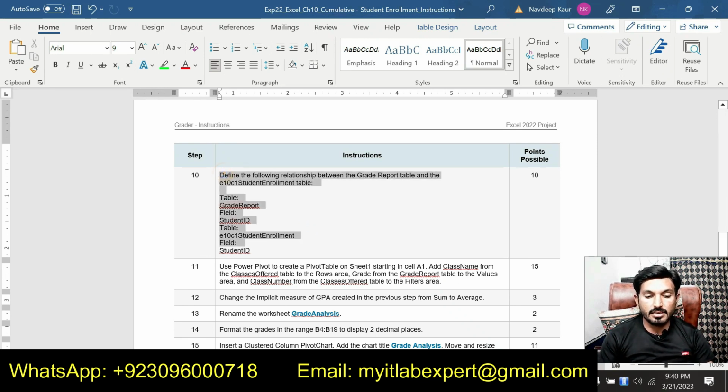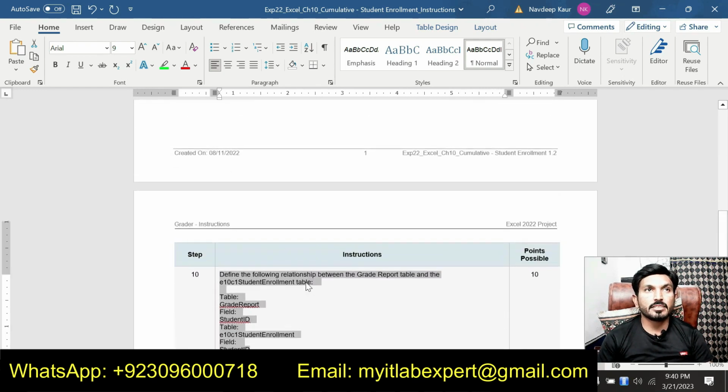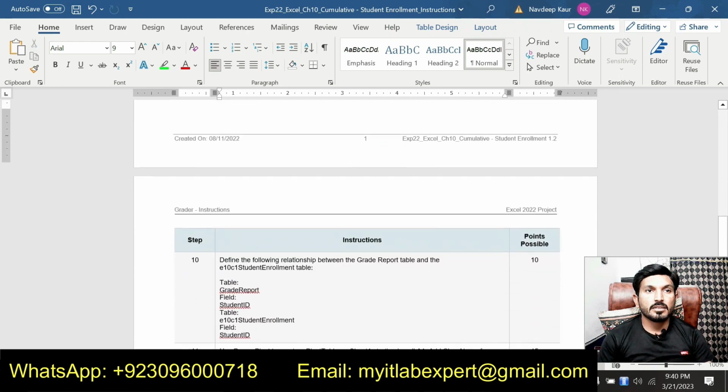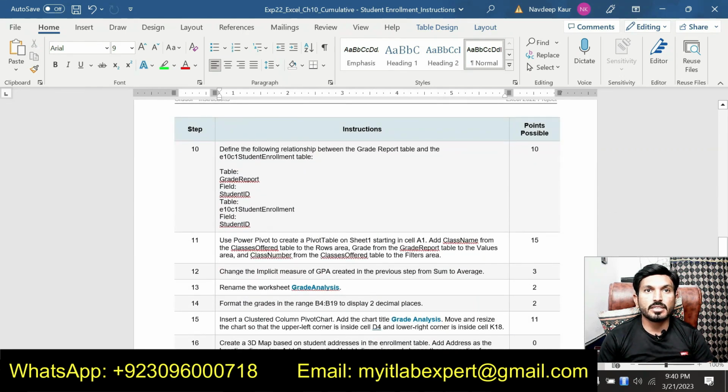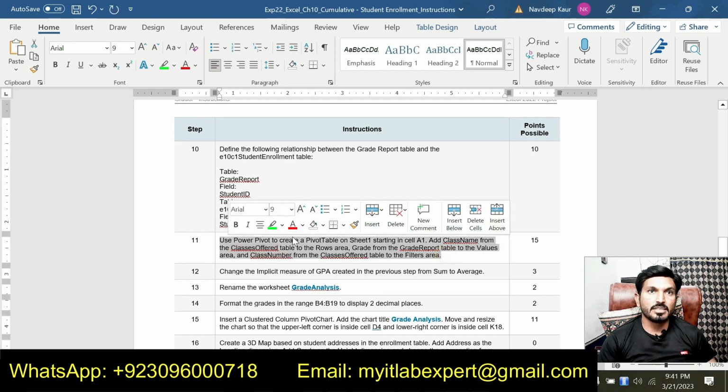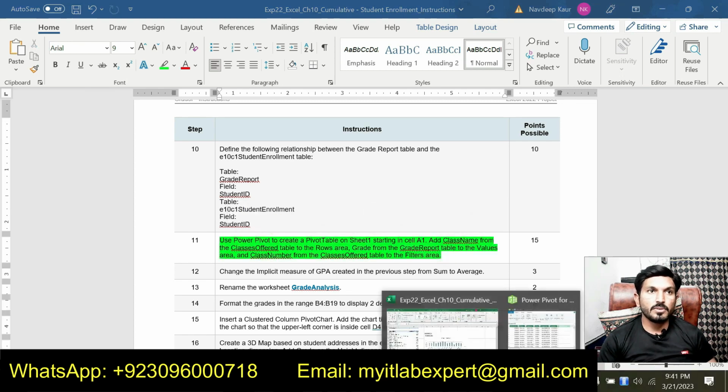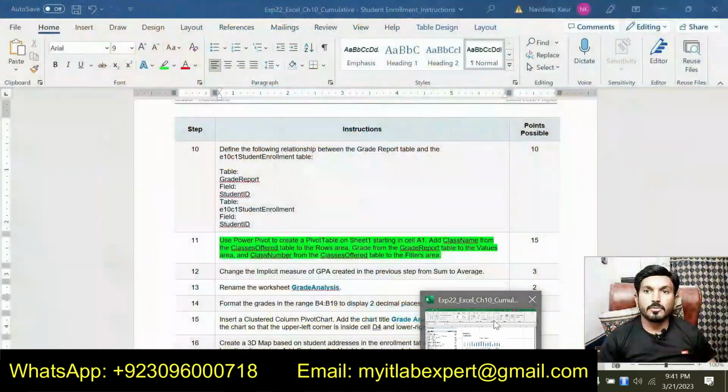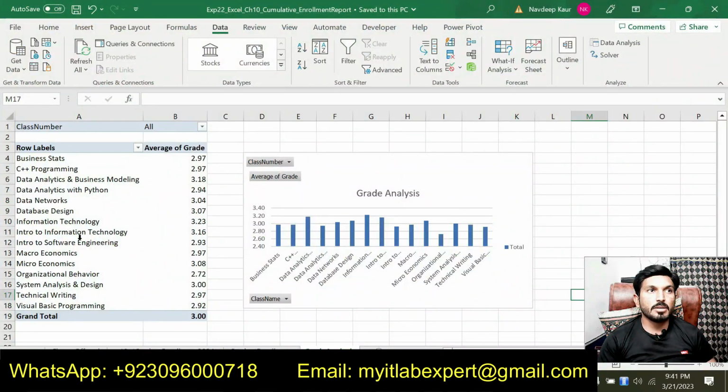So step number 10 is again about creating a relationship. So you can create the relationship just as I have created the relationship in step number 9. Then the next step is to use Power Pivot to create a pivot table on sheet 1 starting in cell A1 and add the class name from the classes offered table to the rows area, grade from the grade report table to the values area, and class number from the classes offered table to the filter area. So this is about creating a pivot table. So I have already created this pivot table,